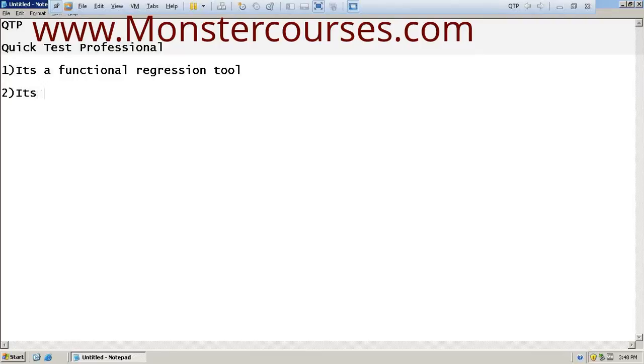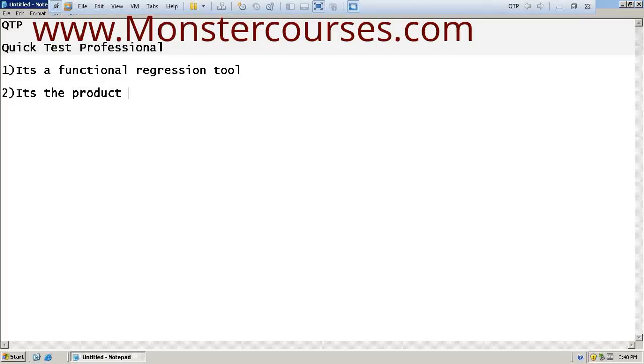Can it be used to test new functionality, like if you get a new product and want to test its functionalities? Yes, we can use it. Say the next version which is going to be released next month, that new feature can also be tested using QTP. Since all the scripts will be available with us, whenever we start regression testing we can directly execute that set of test scripts.